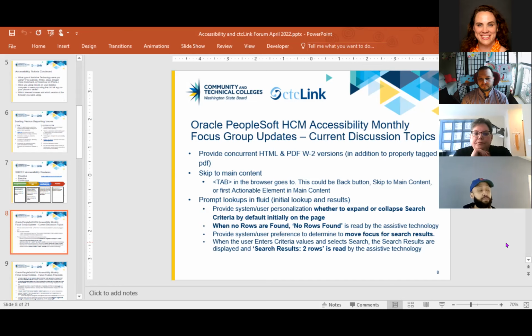So an example of that, which is actually the first bullet point of this slide, is provide concurrent HTML and PDF W2 versions in addition to properly tagged PDF. So this issue revolves around the W2s and the HCM product, our HCM pillar. The W2s that were printed out via PDF were not tagged properly. And when we submitted the issue to Oracle as a ticket, there was pushback, and they said that product was controlled by a third-party company that's integrated into PeopleSoft, and they have no control over making sure that those PDFs are tagged properly. We said that that was unacceptable pretty much, and that was also the sentiment of the other